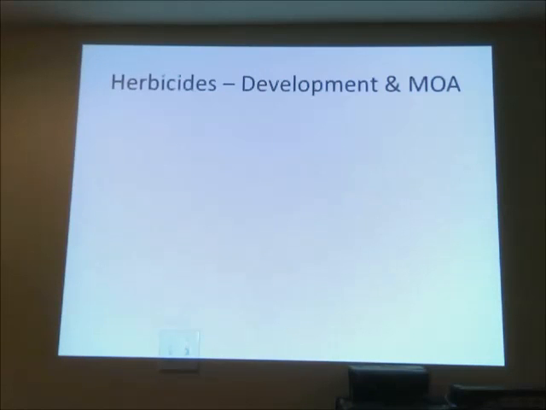Once you spend a lot of money doing all these kinds of tests, you want to make sure, even before you start doing that, that you're going to be protected, that you're going to have exclusive use of this compound. So patents have to be filed. And so you go to the U.S. Patent and Trademark Office and you start the process of a patent application. And that can take a few years as well. If the patent is granted to you, then you have a 20-year period in which you can exclusively develop, manufacture, and sell that product, and no one else is allowed to do that.